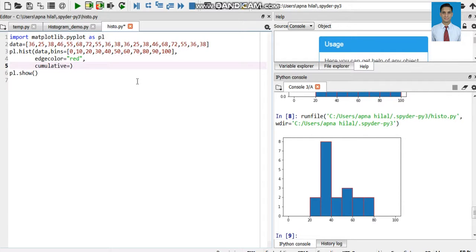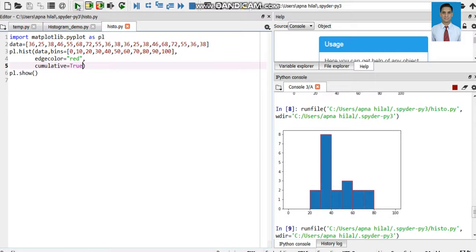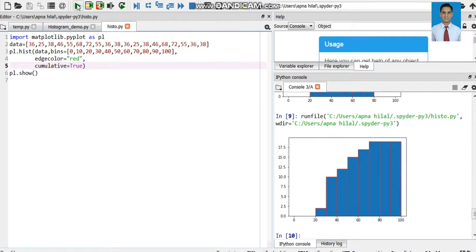By default the cumulative parameter is false, and if we set it to true, cumulative means the previous bin's frequency plus the next bin's frequency, the frequency gets added. The next bin's frequency becomes its own frequency plus the last one's frequency, which means cumulative frequency, right?